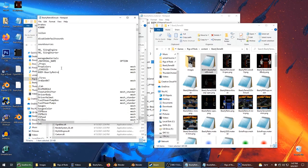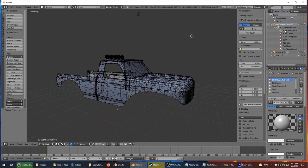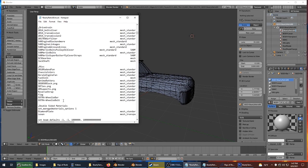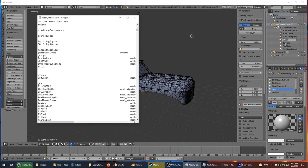Now, we've got a new body name, so I got to change it here. And actually, I want to go back into Blender. So what you're actually seeing here in the truck file, if I didn't make that clear, which is very possible, this is actually the material name. It's a material name here. I think I have all this other stuff in a material file, body Lexan, Fiberglass 1. I think that's all in a material file, just to make things confusing for you people. Sorry about that. I'm actually going to show the material file in a second, a little bit more in detail,